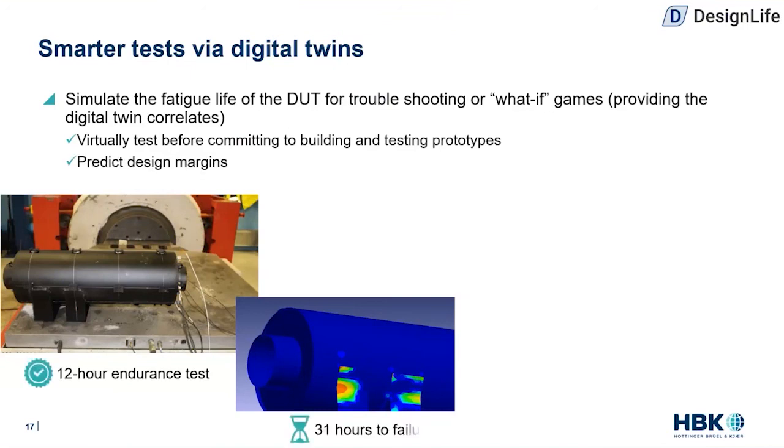So we can also use tools like ENCODE Design Life to predict fatigue life and understand design margins. So, for example, if we do have a physical part on test that passes the 12-hour test, that's great. Maybe we have a 12-hour test that's the equivalent of an entire customer usage duty cycle. So to pass that test is great. But even better, wouldn't it be nice to know the design margin? To be able to predict the design margin, to say, are we barely passing the test? Do we have a lot of overhead in terms of durable remaining life? If so, maybe we can cost reduce or reduce weight and understand how to optimize these designs based on durability